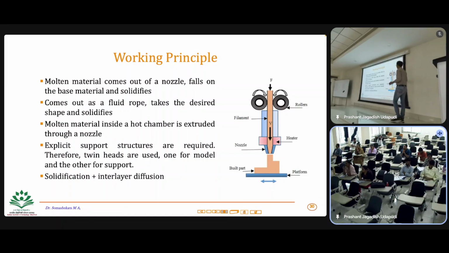Sometimes a support structure may be required. For example, this is a simple part, so you don't need any support structure. But imagine you want to add material on the top of this, and there is no support structure here. Otherwise, the material will fall. So you need to have the support structure in this region, so that the material that you add here will stay there, right? So for example, if you see that,